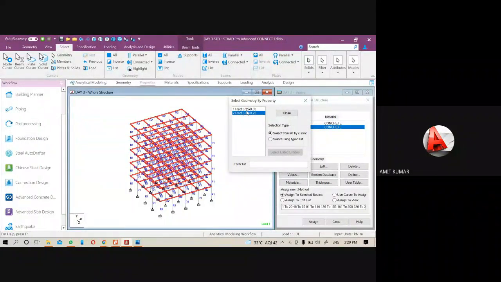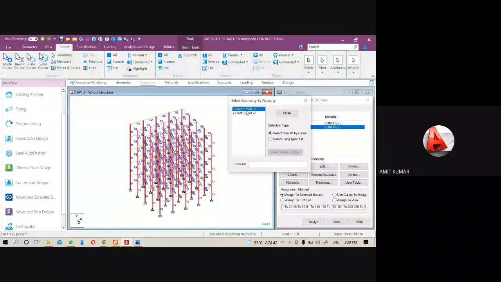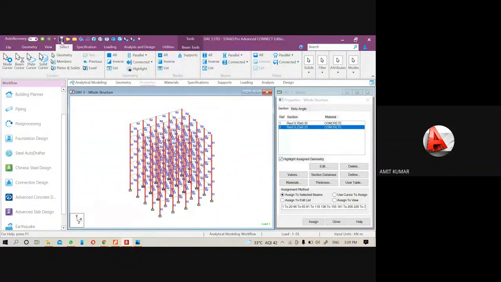If you want to select the beams which have the property of 0.3 by 0.35, you can use the attributes menu also. These attributes will be available in your select menu. So in the select menu there is an attribute option, and from attribute we have a few more methods of selection.